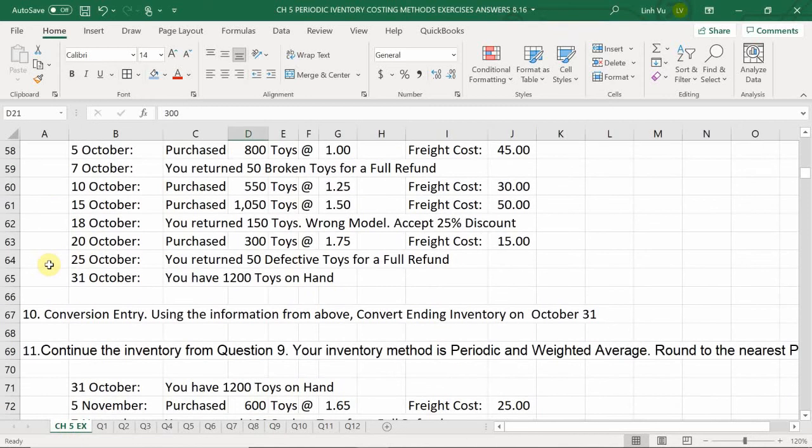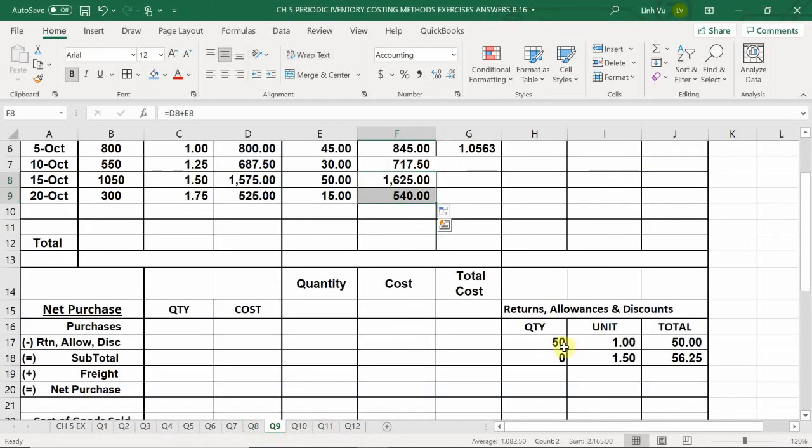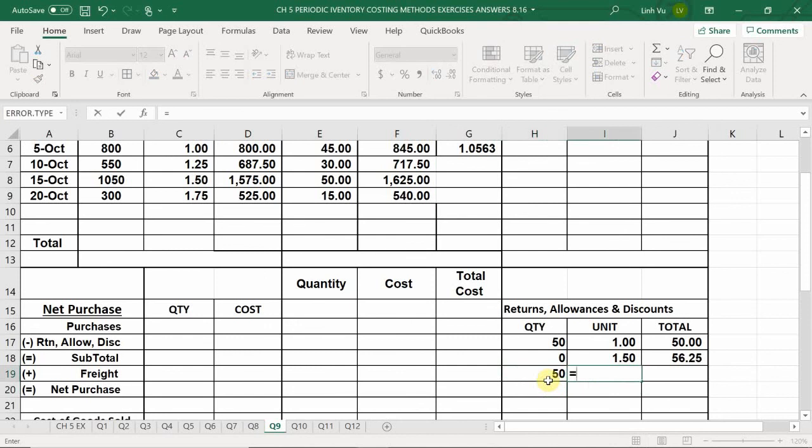All right. Then, lastly, on October 25th, you end up returning 50 defective toys for a full refund. So, 50 of those toys are going to be returned for a full refund. So, we got 50 toys. Now, at what cost was each item? $1.75. Bringing our full refund to be